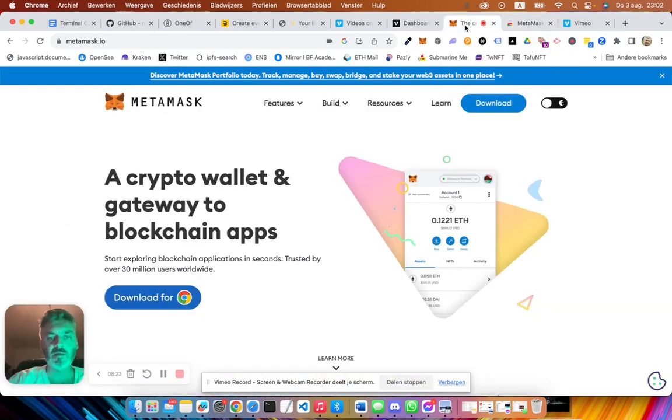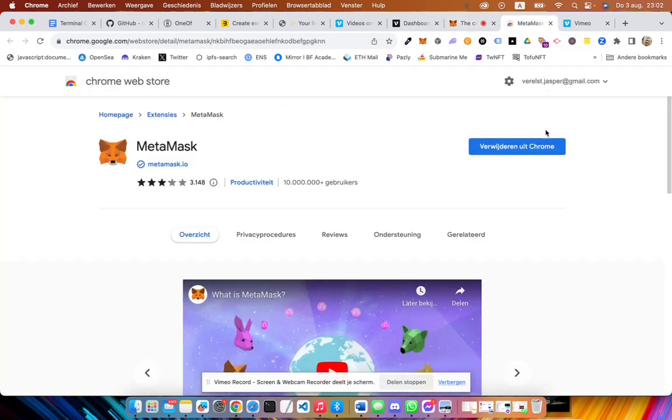So to go to the application, don't Google it, just go to metamask.io, and from here click on the link to download it for Chrome, like for instance this one, and click on it and you will be taken here. Here it says remove from Chrome. I'm not going to do it obviously because I would lose connection to all Web3 apps and I would lose a lot. But here you will see install, and then you just install it and follow the steps.